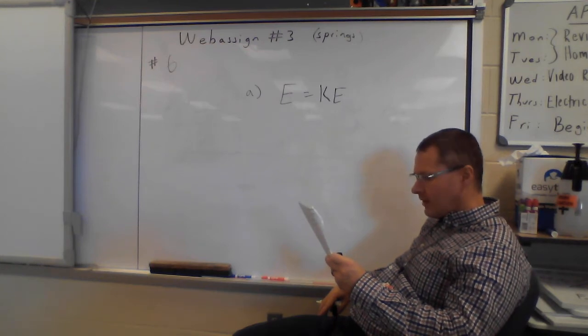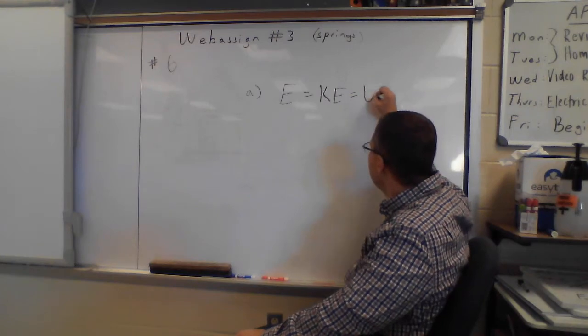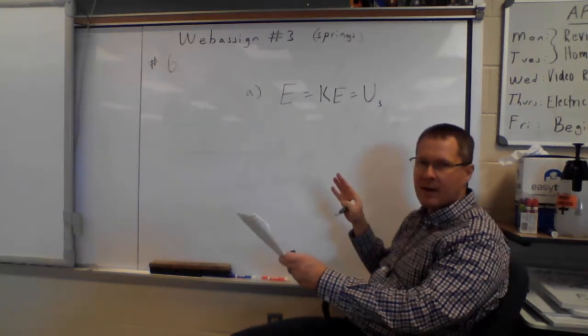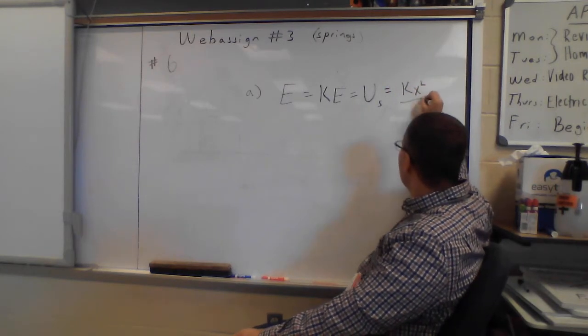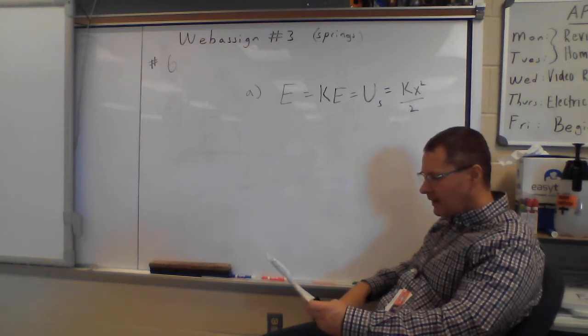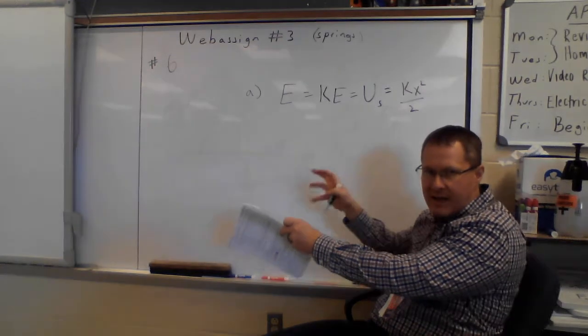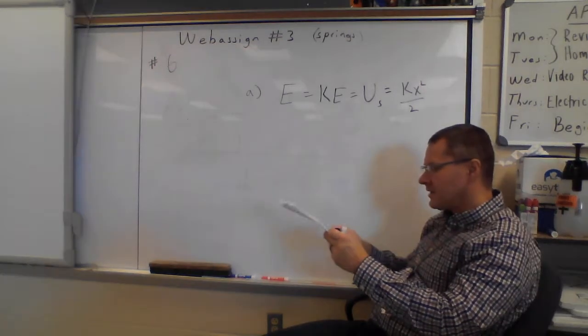I'm looking at what we've got. Okay, we don't have a speed, so maybe we don't even want to get kinetic energy. Maybe we want to get the energy that's stored in the spring from it being compressed. So we can definitely get that from the stuff that we've got with 1/2 kx squared. If we've got that amount of energy that is going to be stored in the spring as it gets squished,